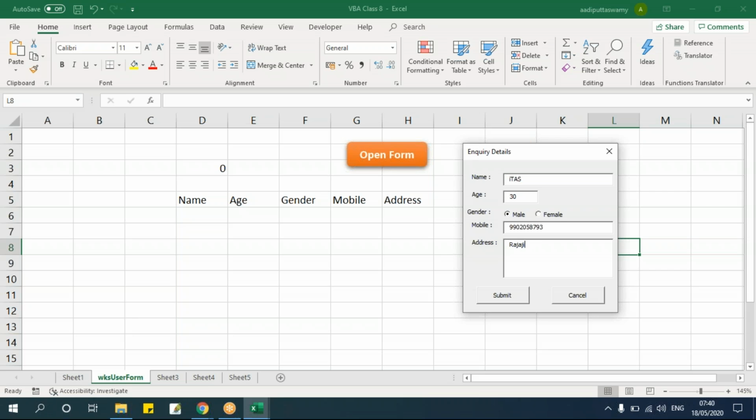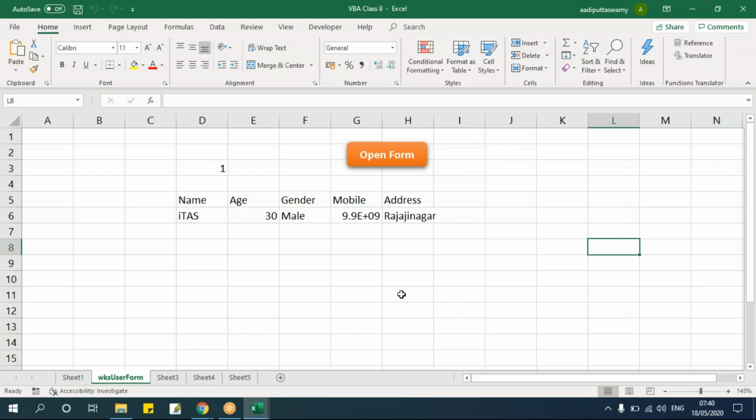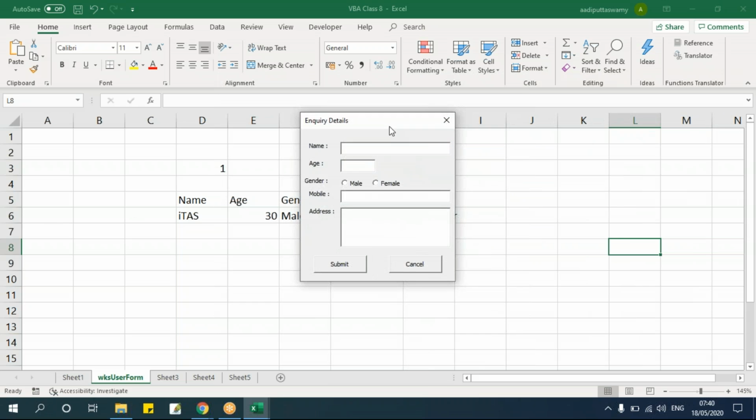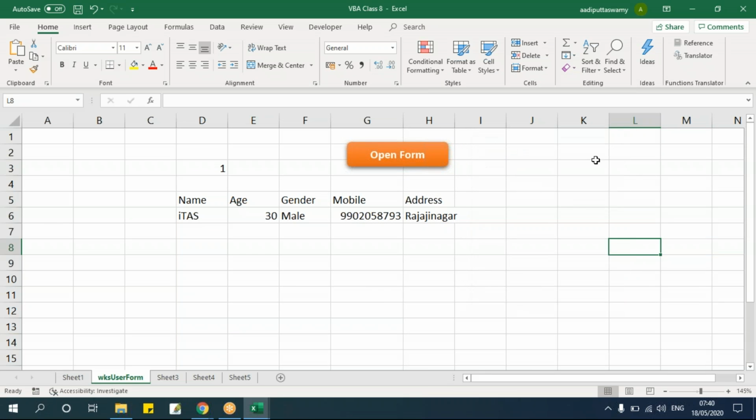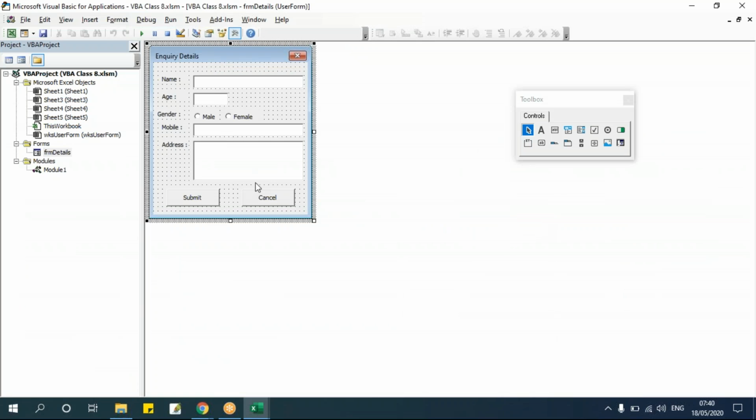Then enter address. See, if I say submit, it will submit and it will close. I can click on this. Again, I'll get this form like this. Let me save this. So this is how I can create one form, and the form can be any design